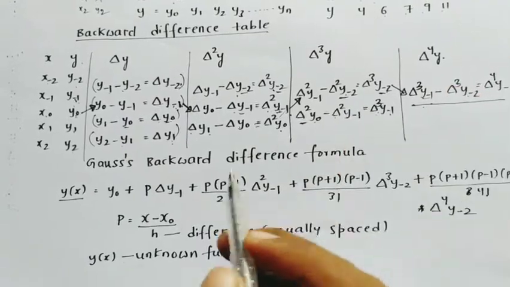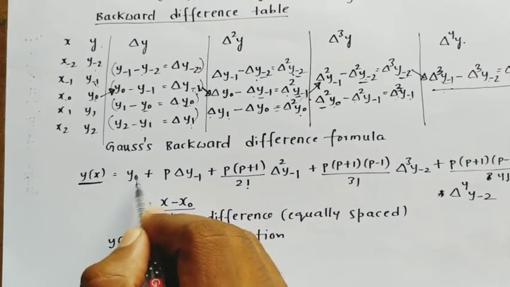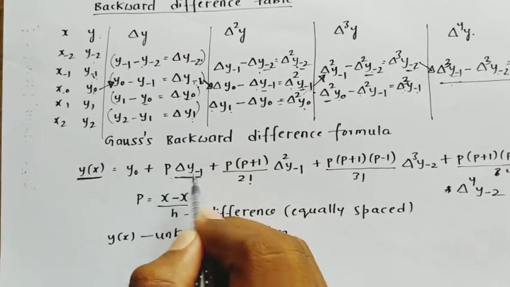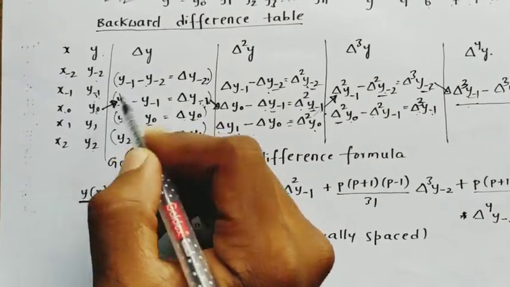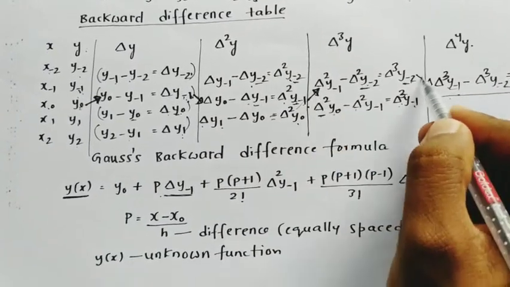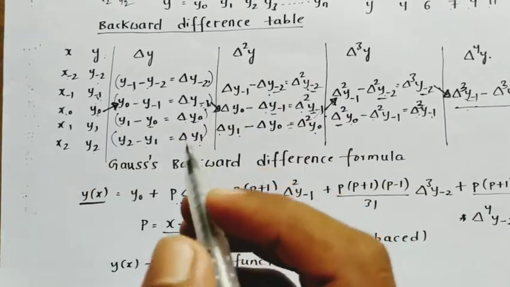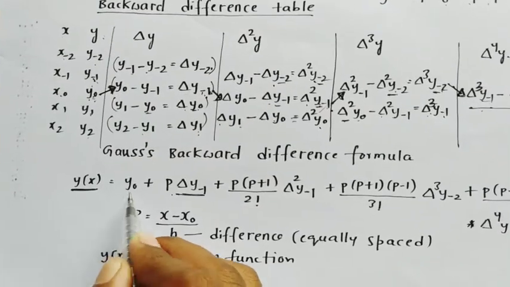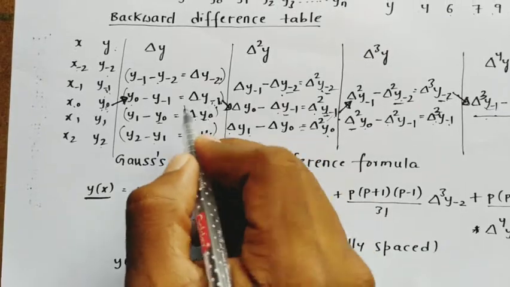Then we write the formula. Let y of x be the unknown function. First we write the formula: y0 plus p into delta y minus 1. Here we choose one path, one upward and one downward, one upward and one backward. In this way we write the path. Following the path, first we take y0, then p into delta y minus 1,